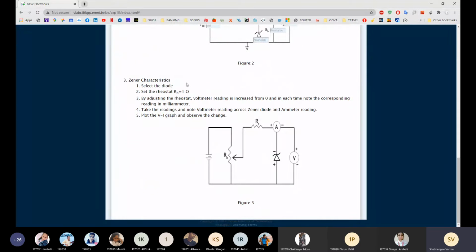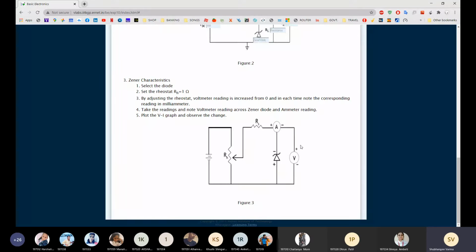Okay, in Zener diode characteristic, if you have seen the diagram, this is the same as our PN junction diode. But here you have seen only reverse bias is shown, because the Zener diode acts the same in forward bias as a PN junction diode. The forward bias characteristic of Zener diode is the same as PN junction diode. So only the reverse bias characteristic they have shown. Zener diode is designed to operate in reverse bias condition, because a PN junction diode we cannot use in reverse bias condition, and hence the Zener diode is designed.